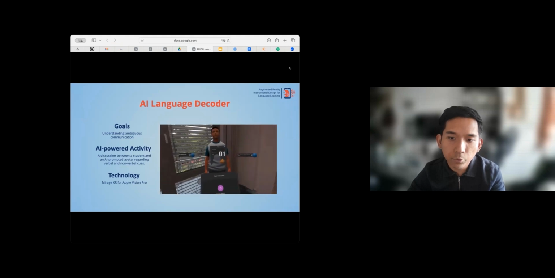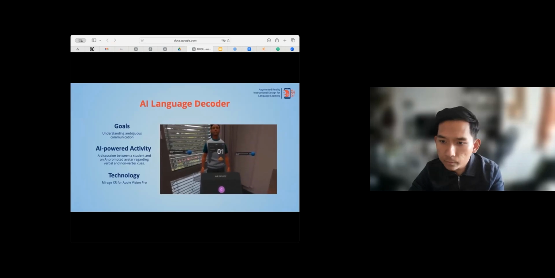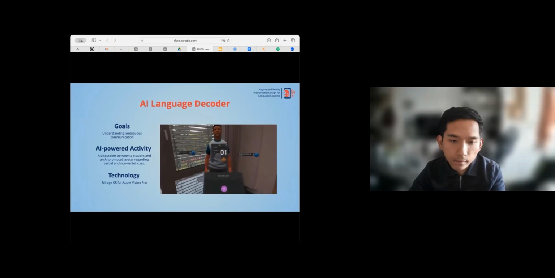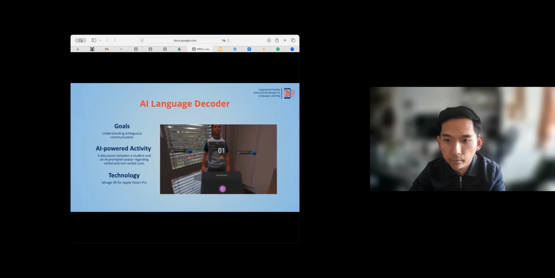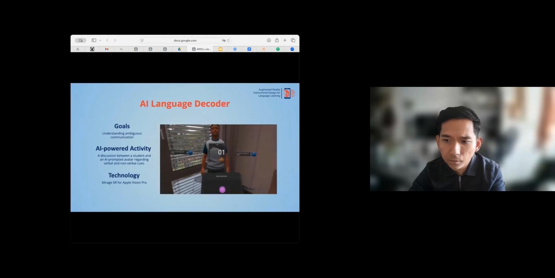To put this into practice, we designed an AI-powered activity. Imagine a student talking with an AI-prompted avatar. As the conversation progresses, the avatar can highlight when the student's answer seems to be unclear or when the communication might carry any other unintended meaning. This provides a safe environment with different ways for students to express themselves, and they can learn not just about vocabulary or grammar, but also about the subtleties of human communication, things that are often overlooked